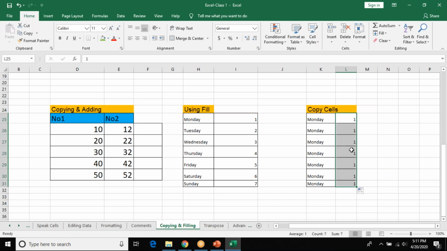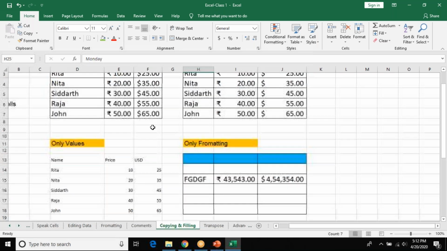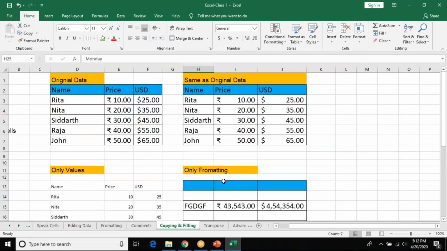Again, 1: come to the edge of the cell, it's a plus sign, click and drag it. You get everything 1, 1, 1, 1, 1. It's already in copy cells. But if you want it in fill series where you want 1, 2, 3, 4, 5, 6, 7, go to the small box, you have fill series. If you want only 1, 1, 1, 1, 1, 1, click on this, you have an option called copy cells. So that's the meaning of copy cells using fill. How do you click and drag? Click on the cell, edge of the cell, there's a plus sign, drag it. If you want copy, it will be only Monday. So this is all about copying and filling. When you're doing it in your sheet at home, all these things will be easy for you.